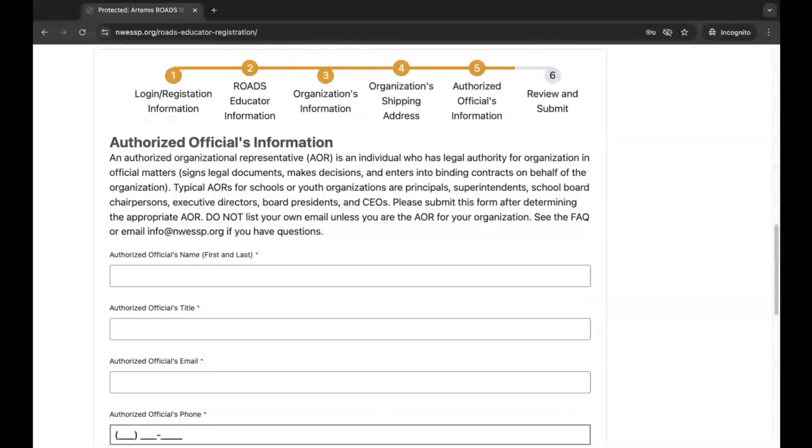So the next one is pretty important. This is the authorized official's information. Again, you can preview the contract that needs to be signed by your organization. That contract is a legal agreement between Central Washington University and your organization. The reason why we are requiring the contract, it's actually required by Central,